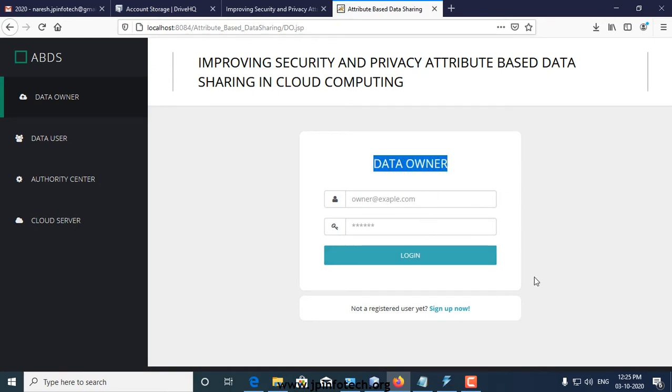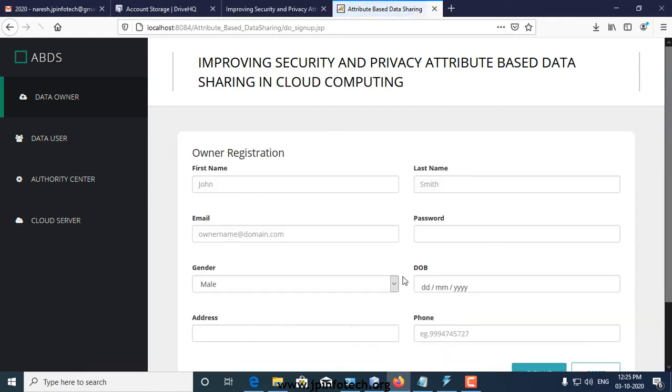If the owner is a new user, then the owner has to sign up. This is the registration page. I am going to upload the owner details.